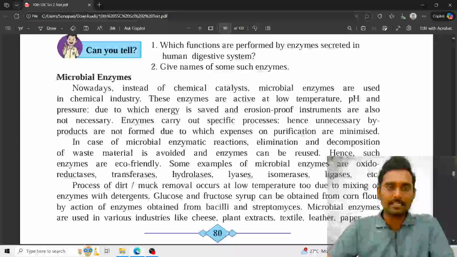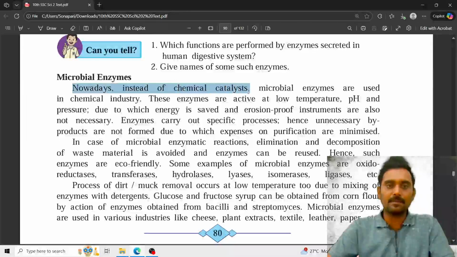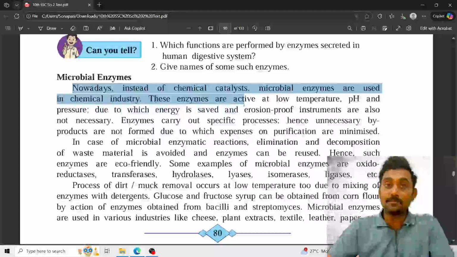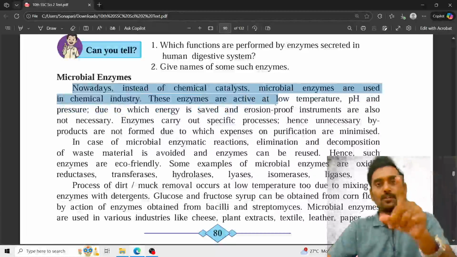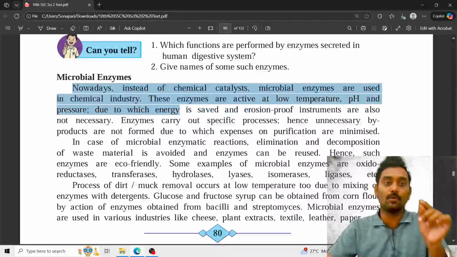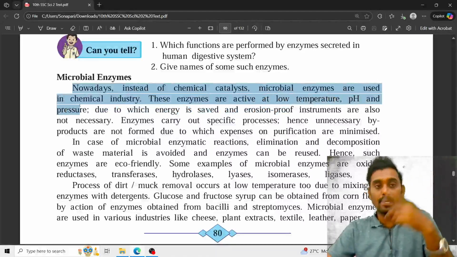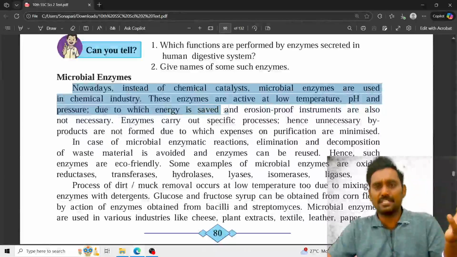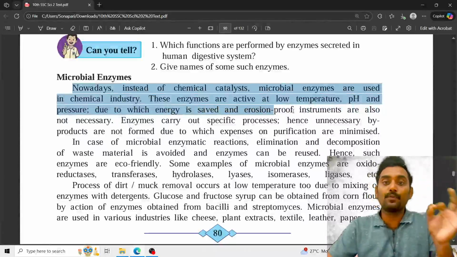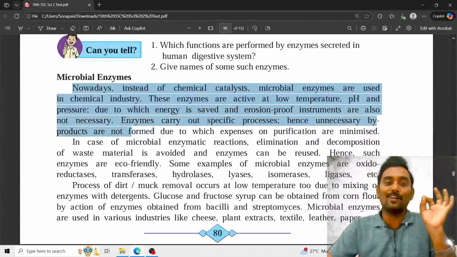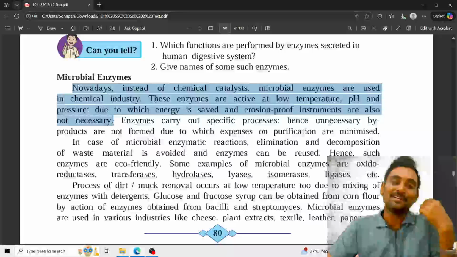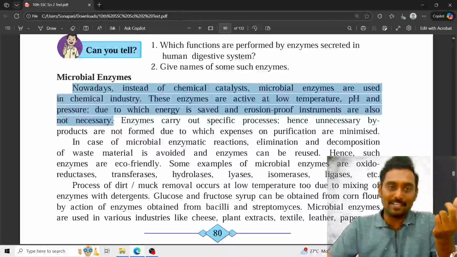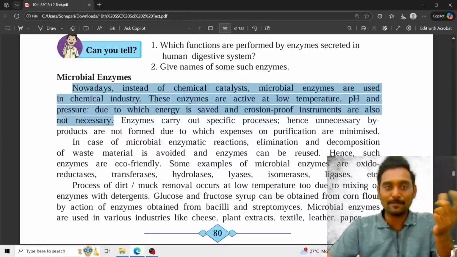So microbial enzymes. Nowadays, instead of chemical catalysts, microbial enzymes are used in the chemical industry. These enzymes are very active at a low temperature also, with low pH value and low pressure conditions, due to which a lot of energy is saved, and erosion proof instruments are also not necessary to maintain those chemicals. Okay,